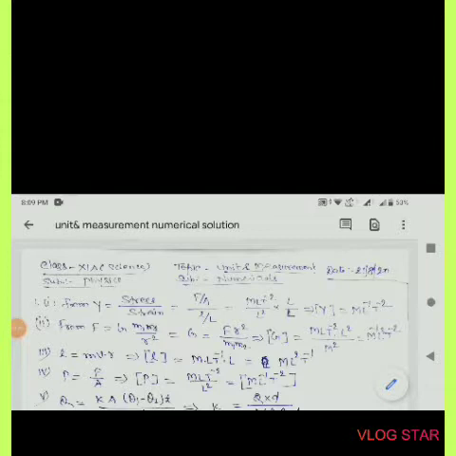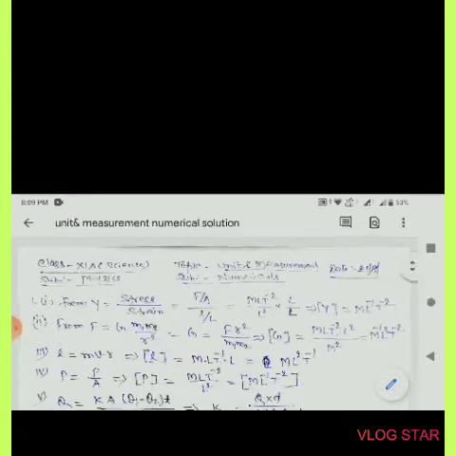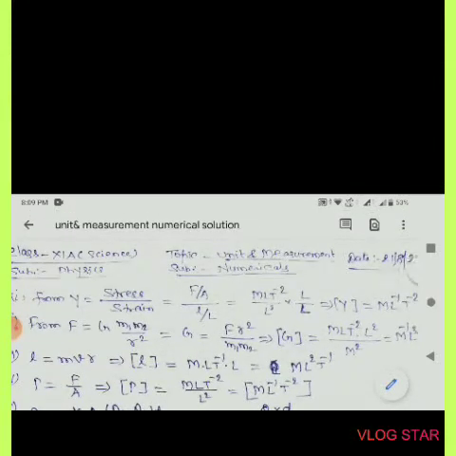Young's modulus of elasticity we have to find using the formula Y equals stress upon strain. We put the value of stress as force upon area, and strain as change in length to original length. Then putting their dimensions, MLT^-2 upon L^2, then L upon L. So we find the dimensional formula of Young's modulus of elasticity as ML^-1T^-2. Similarly,